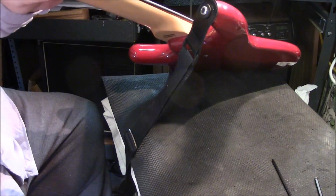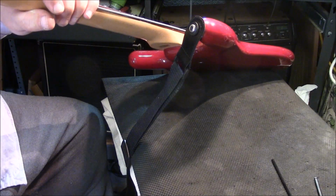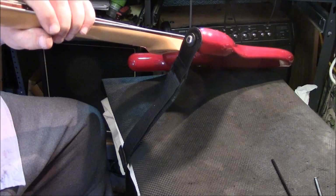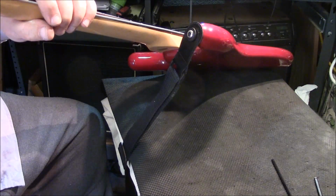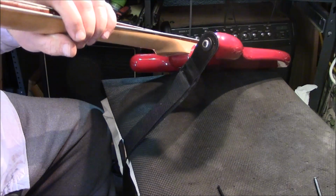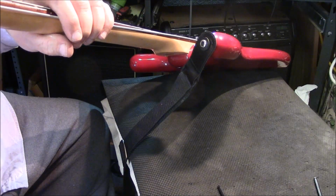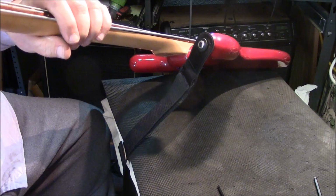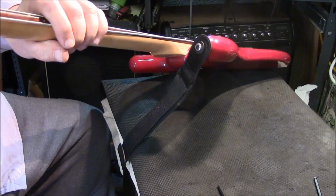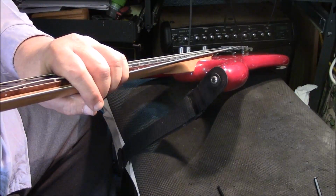It won't go deep enough inside the socket to engage the rod, and me trying to turn it outside on the lip is just going to make it worse. Somebody's gone in here and bent this thing up and made it a nightmare to try to work with. I can get in there with a smaller wrench and catch a little more of it, but